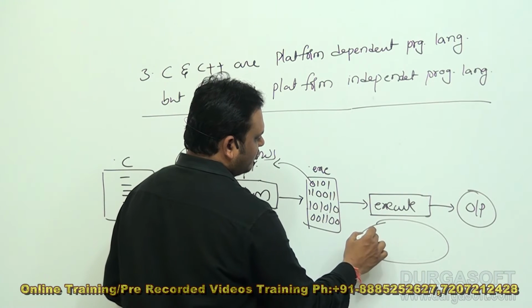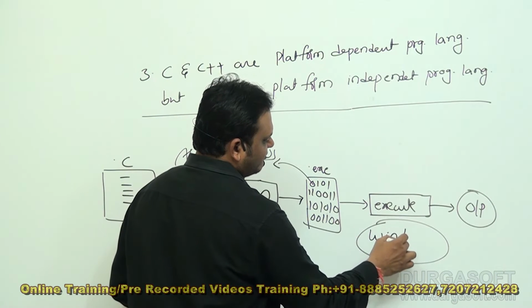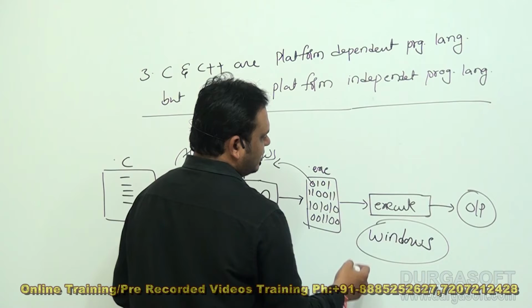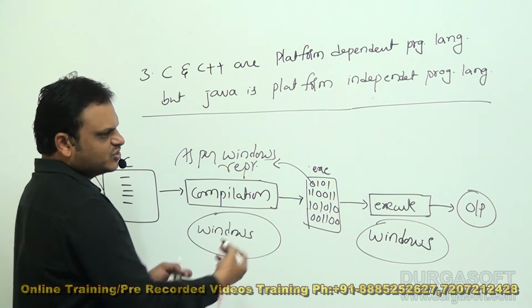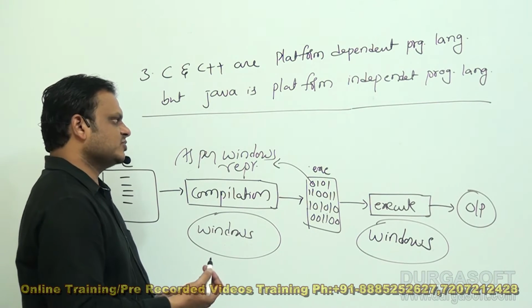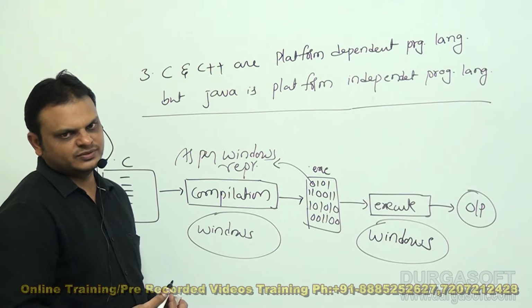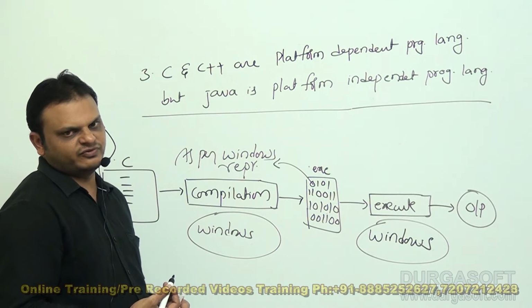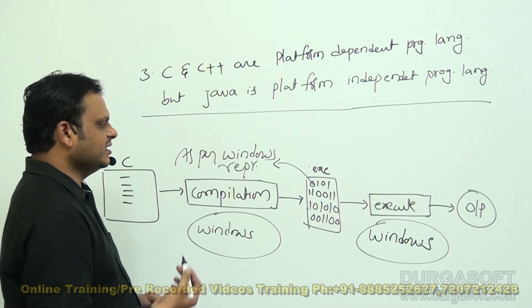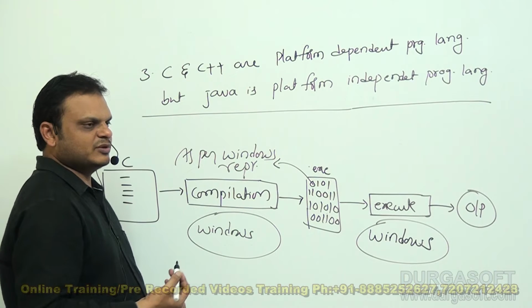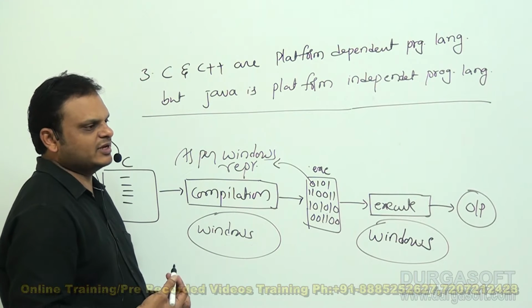So that we have to remove Linux here. In place of that, the same Windows that we used for compilation we must provide. Because of this nature only, C and C++ programming languages are platform dependent programming languages. This is another point here we can identify now. So this is mainly the reason why C and C++ are platform dependent programming languages.